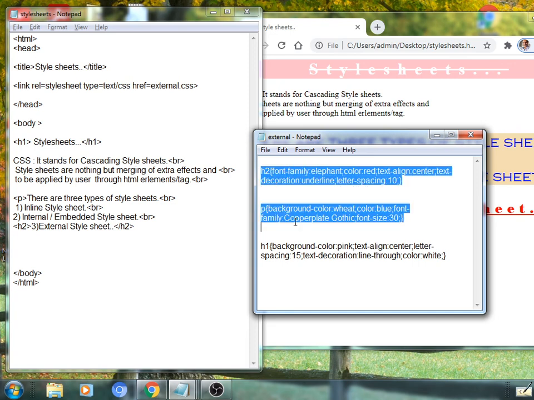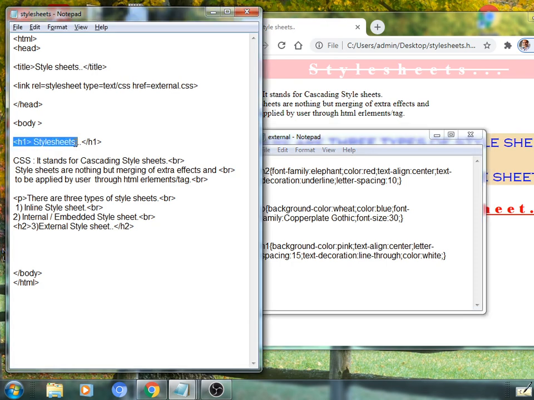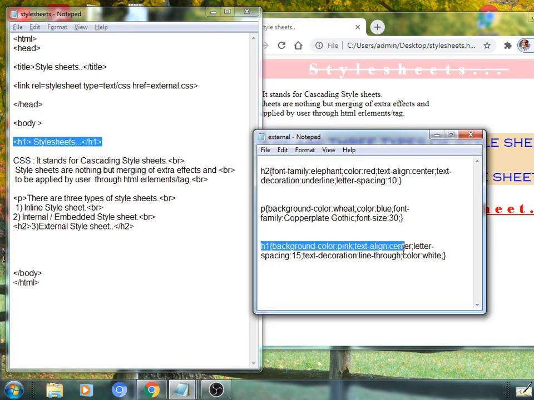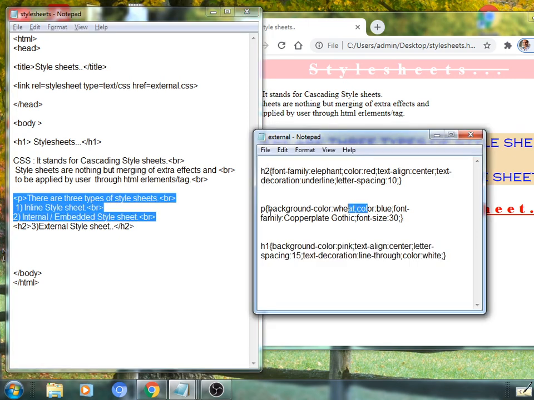All those selectors we have applied here one by one. See here, H2 is applied, H1 is applied, as well as paragraph P is applied. Here we have applied H1, that is this selector with its properties and values. Then here we have applied tag P up to this line, with background color white, text color blue, font copperplate gothic, font size 30.